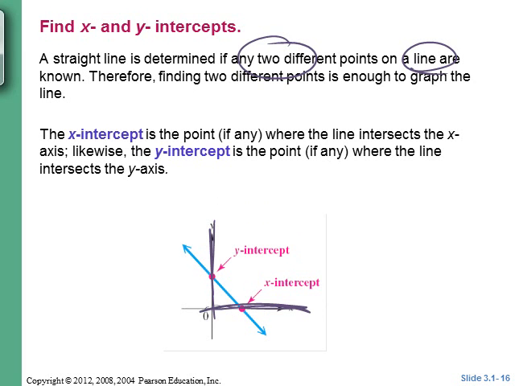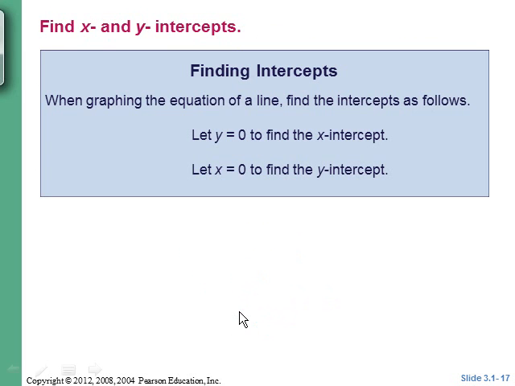Okay, so how do you go about doing it? Well, what's interesting is when you graph a line, to find the x-intercept, you let y be 0. To find the y-intercept, you let x be 0. Here's the way I do it with an equation like that one that we had for ax plus by equals c. What I would do is something along these lines. Let's take an equation, 2x